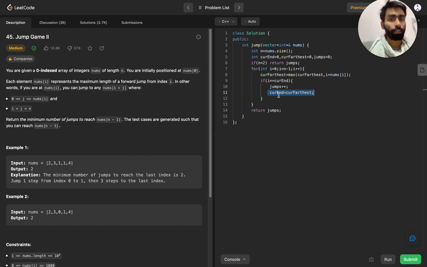And when we again reach the farthest point, we will again increment the jump. While doing so, we will reach the end of the array in the minimum number of jumps. So we will return the jump after iterating through all the elements except the last element.